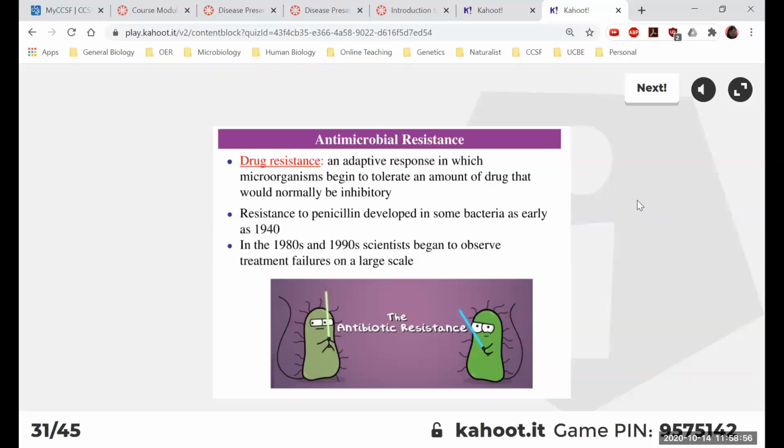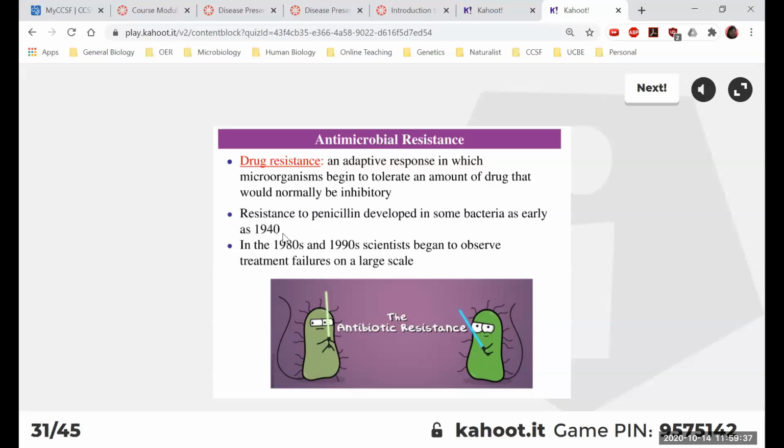Okay, so let's talk about antibiotic resistance. Drug resistance, evolutionarily speaking, happened way before we discovered antibiotics. Remember, bacteria and fungi have engaged in this chemical warfare with each other for a long time. So resistance to penicillin probably existed in bacterial populations before we even discovered penicillin. But bacteria that are resistant to penicillin started being noticed in the 40s. Remember, the drugs were being used starting in the 40s.